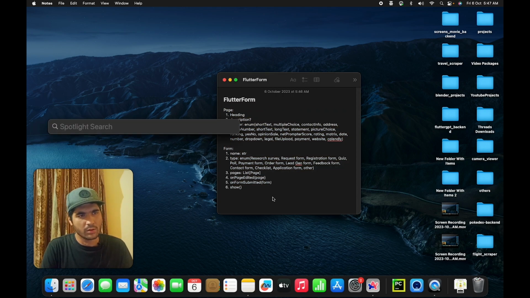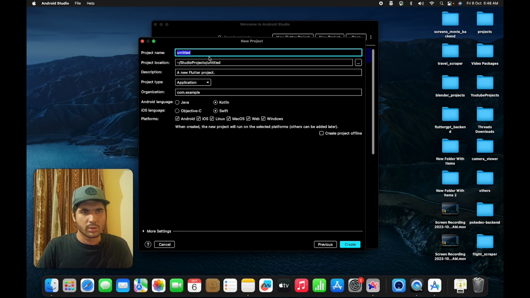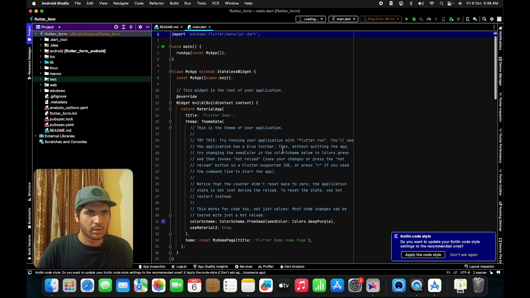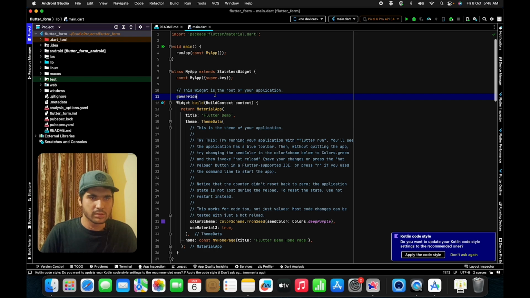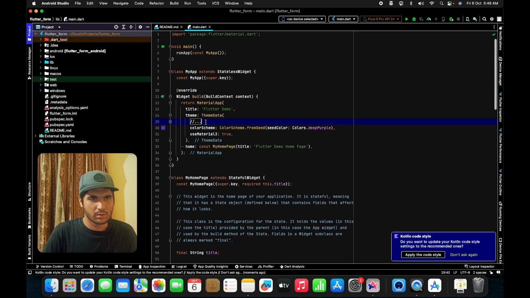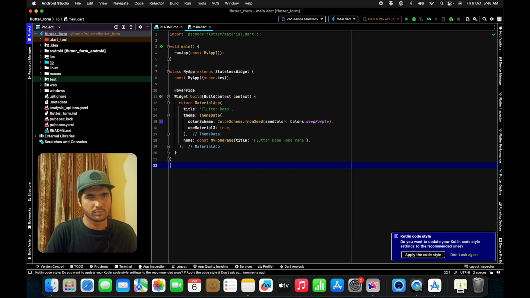First, let's create our own Flutter project. So I'll open up Android Studio and set up a project. I'll name the project FlutterForm. Click new project. And there we go, we have our project made. I'll first remove the boilerplate code that we have. Perfect. Then inside the lib folder,